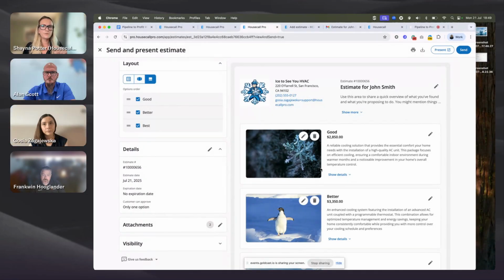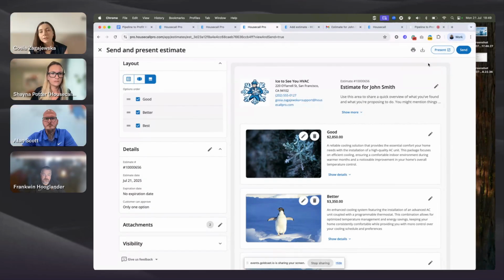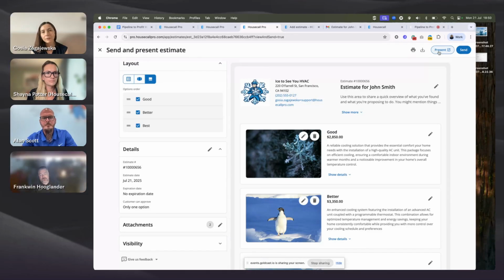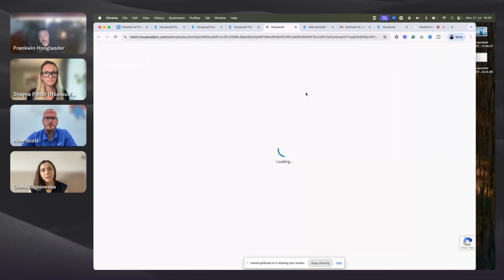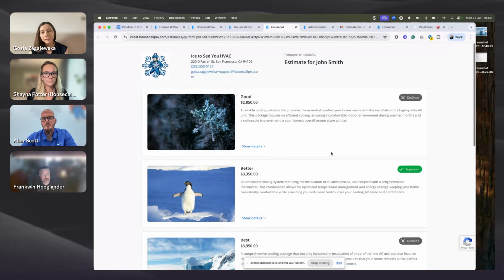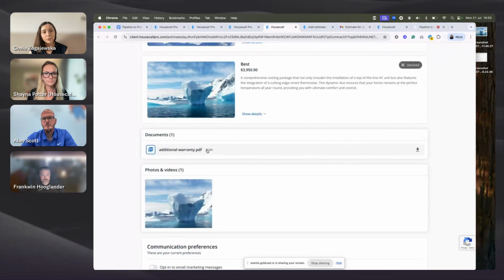So if you have those attachments there and you were to present it, where would those show up? And by the way, that reminds me that we also have a present button that is pro-facing. If you are using a desktop device, and I know that some pros do, it's less common than using a mobile device, but if you are in front of the customer, you can also click present. So this is just going to open an estimate that I already approved, but what I want to show you is that we have this